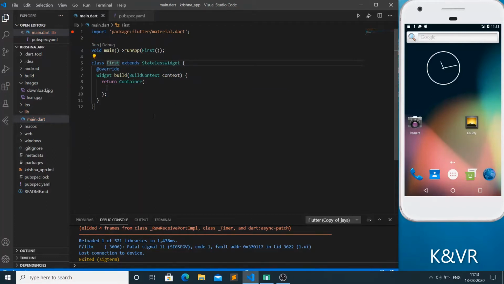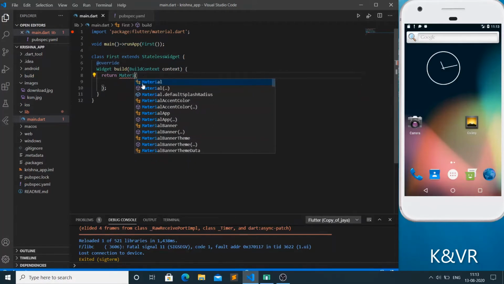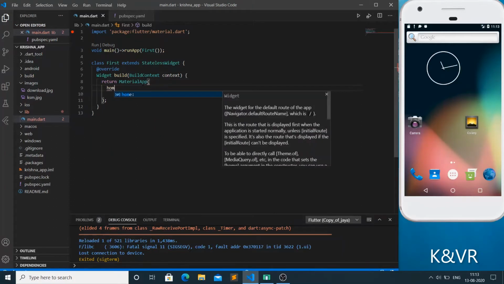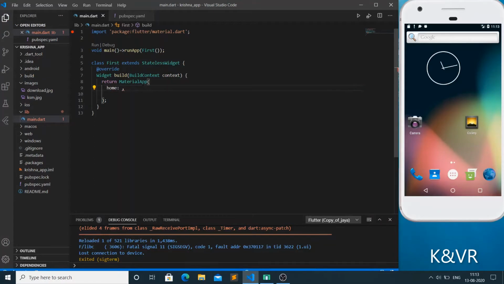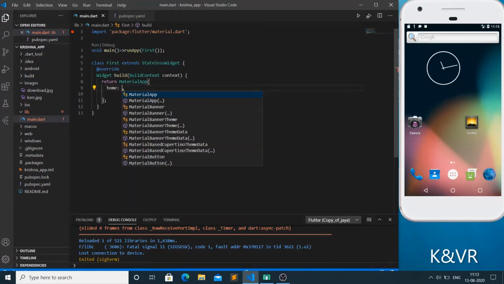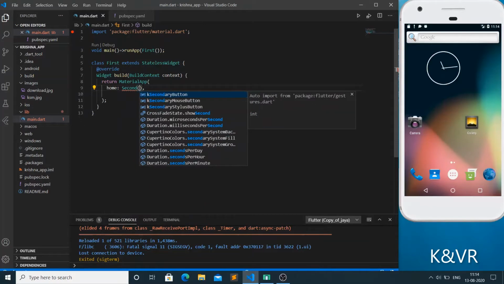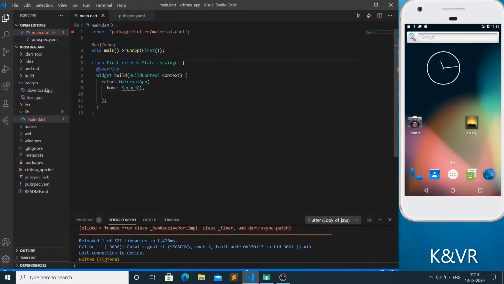Right here first class name, and here we want to return the material app. Here we return the material app, and next we want home. For home we are creating another stateless widget, the second class.